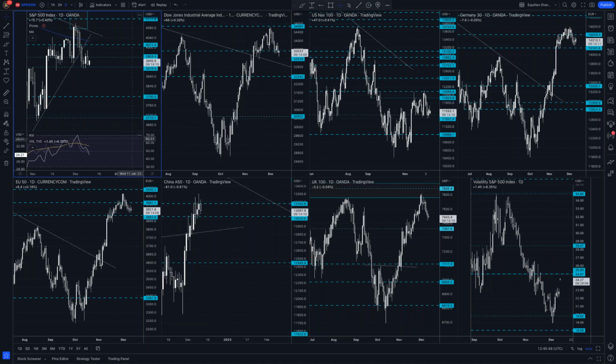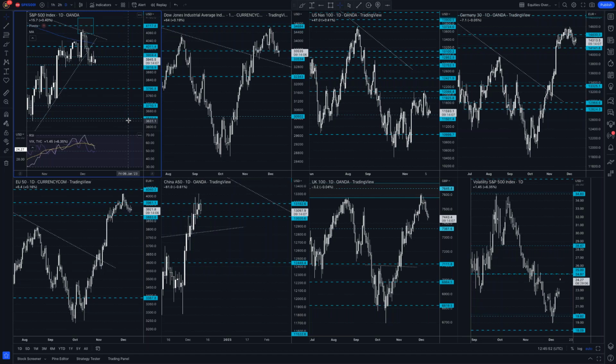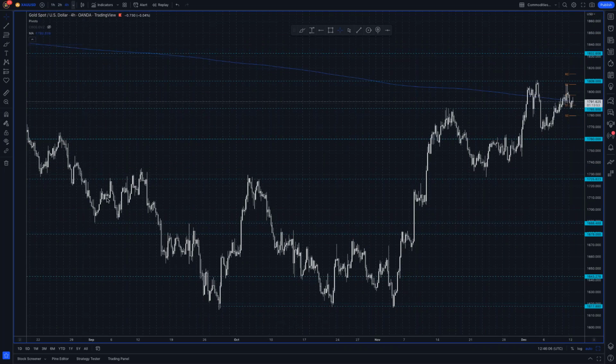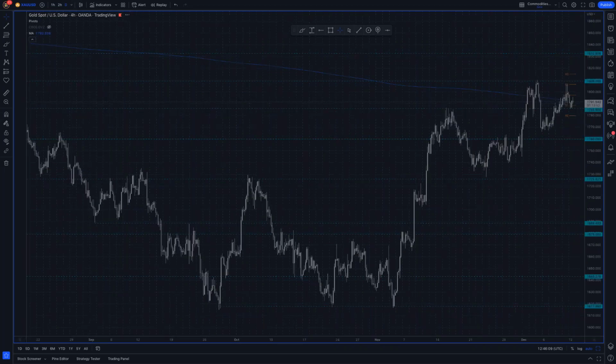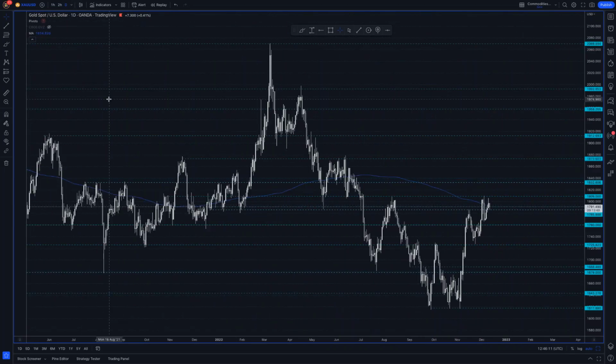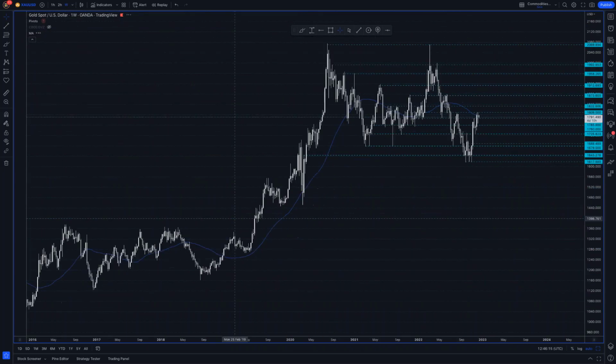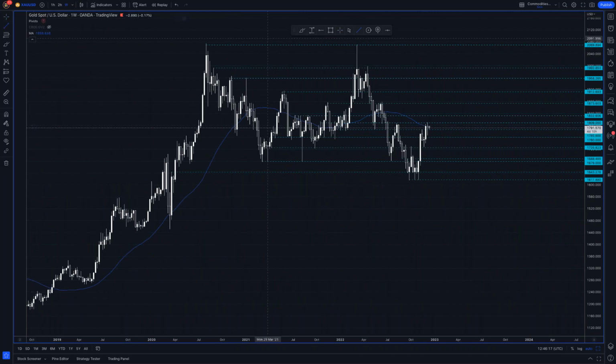If the Fed is more hawkish than that and says we're going to have to go higher than 5%, say 5.5%, we'd expect stocks to fall. We'd expect the dollar to rise. We'd expect gold to fall and silver to fall. You see, gold has been flirting with this huge trend line on the daily chart. Let's just go to the weekly chart so you can see how strong this trend line has been. You can see here, just going through those swing points.